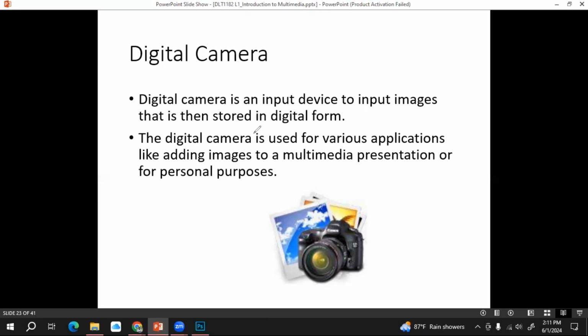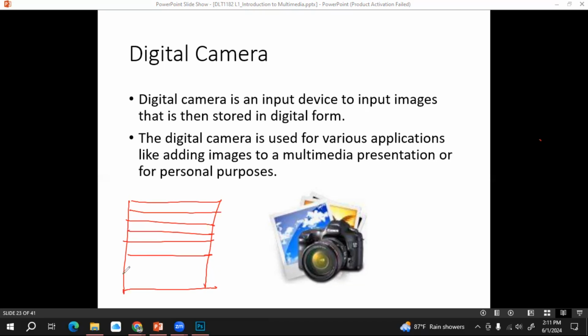When we consider an image generated with these types of digital cameras, we can consider it as a grid, right? We call these spaces or blocks pixels, right?